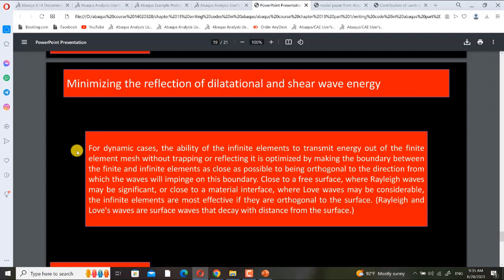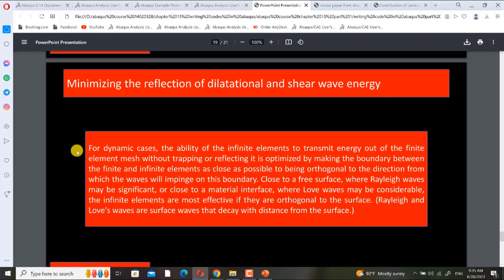For dynamic cases, the ability of the infinite elements to transmit energy out of the finite element mesh without trapping or reflecting is optimized by making the boundary between the finite and infinite elements as close as possible to being orthogonal to the direction from which the waves will impinge on this boundary. Close to a free surface where Rayleigh waves may be significant, or close to a material interface where Love waves may be considerable, the infinite elements are most effective if they are orthogonal to the surface.